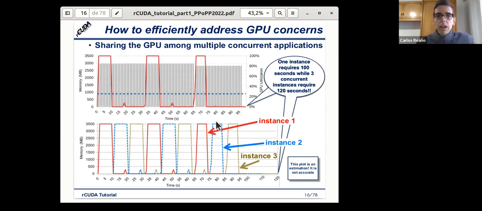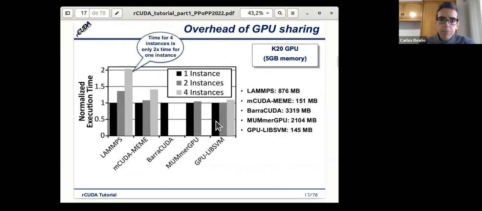Okay, if we have a GPU underutilized, we share that GPU between multiple concurrent applications. So this is actually what we have done here. In this case, we have run different applications. So you can see them in the slide.